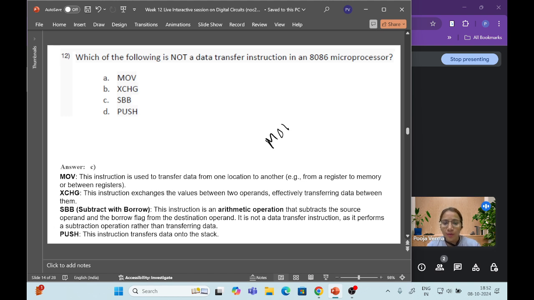For example, we already have seen that move A to B or A to be somewhere else, any memory register or memory operation. So it is used for data transfer from one place to another place. Now next one is exchange, that means exchange. The instruction exchanges the value between the two operands. Effectively it is also a data transfer between them because it is the exchange